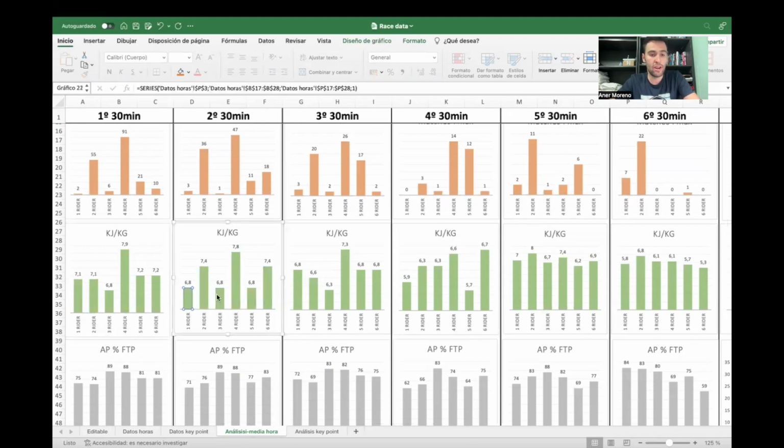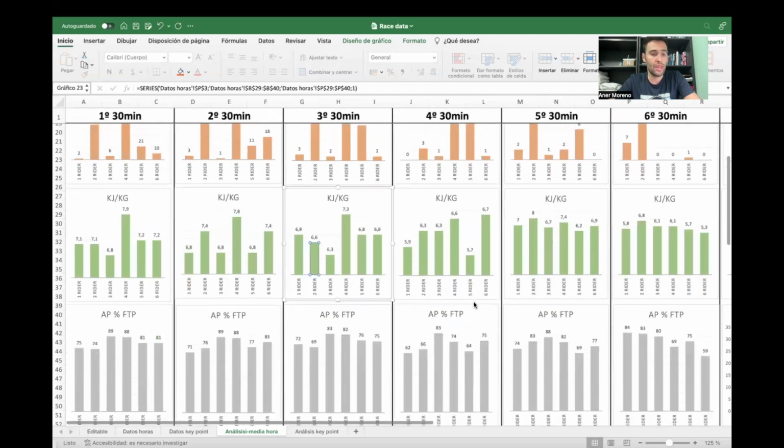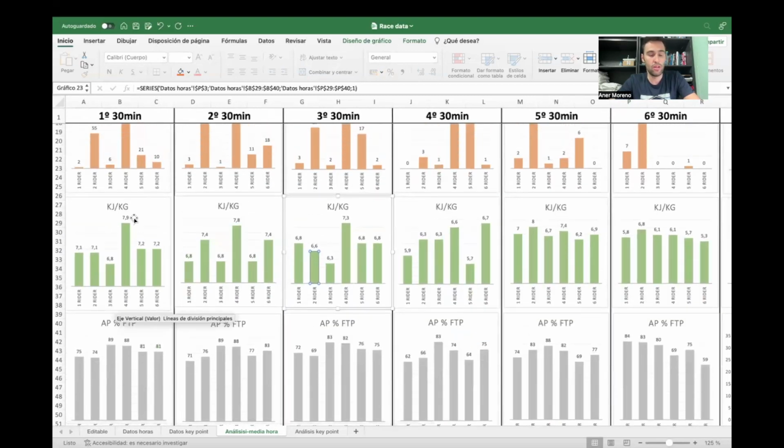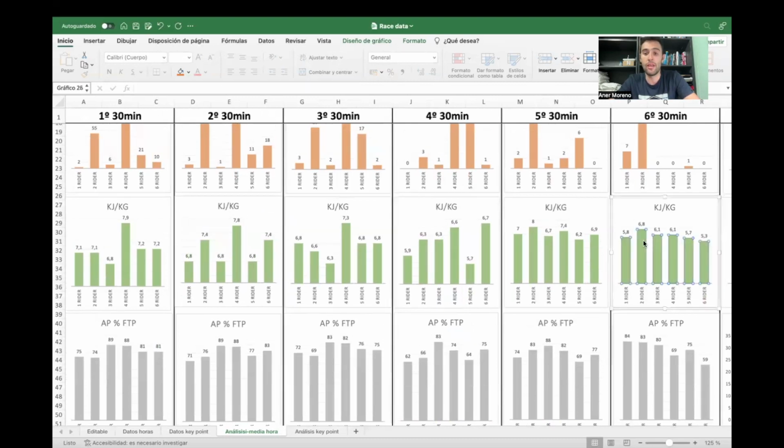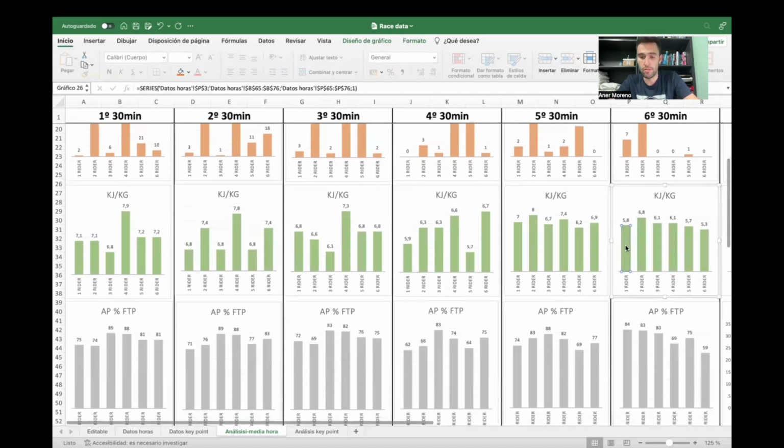Also on the second half an hour and the third half an hour, we can see how after spending so little energy at the beginning of the race, they are able to sustain a higher power at the last of the stage. These 2 riders are the leaders of the race, so they can spend more at the last part of the race.